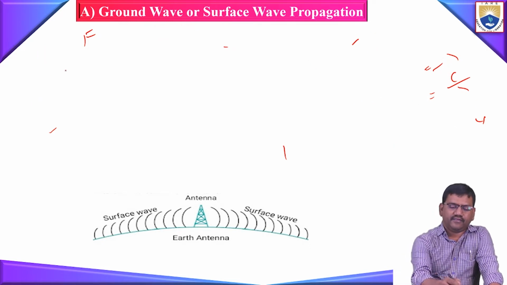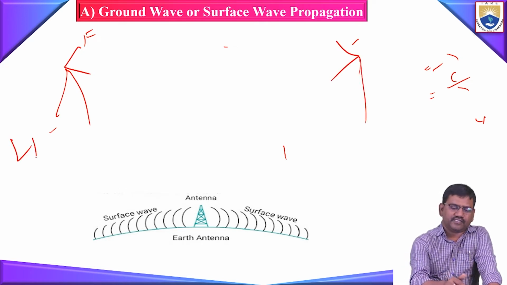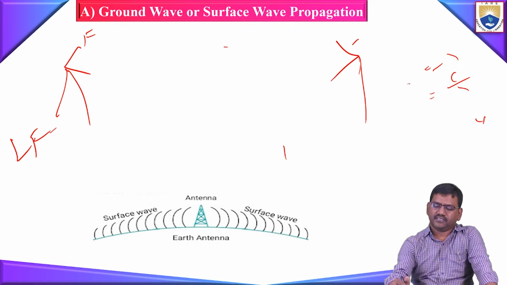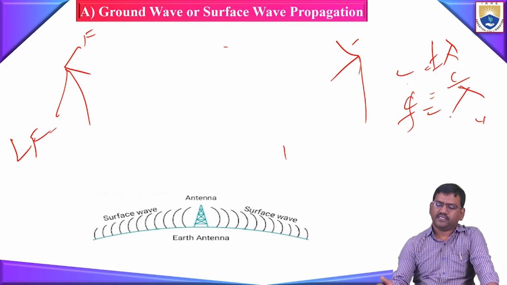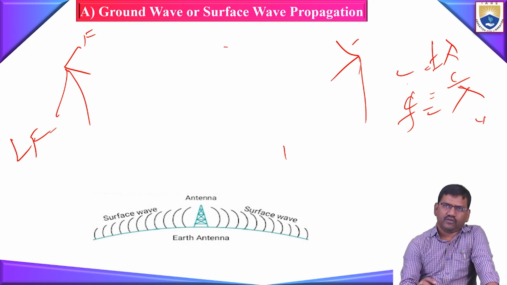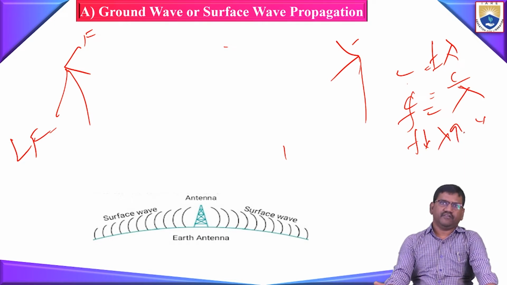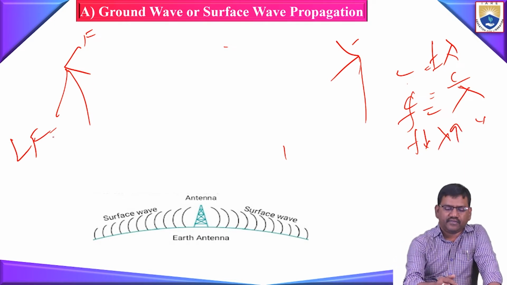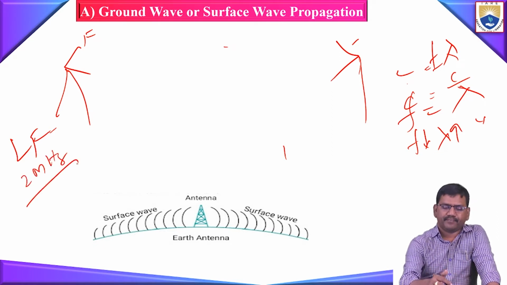We'll see here, if this is the transmitting antenna and this is the receiving antenna. So low frequency: C is equal to F lambda. We know that C is equal to F lambda and F is equal to C by lambda. That means F and lambda are inversely proportional to each other. So for the low frequency signal, the value of lambda will be high. If F is less, then the value of lambda will be high. Lambda means the wavelength. So you can see here, if the low frequency signal is applied, suppose the signal is 2 megahertz, then